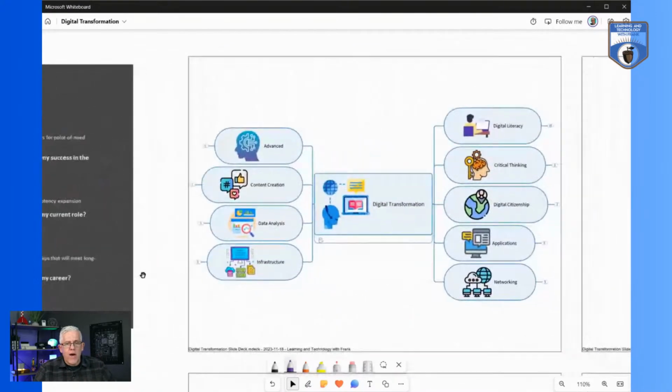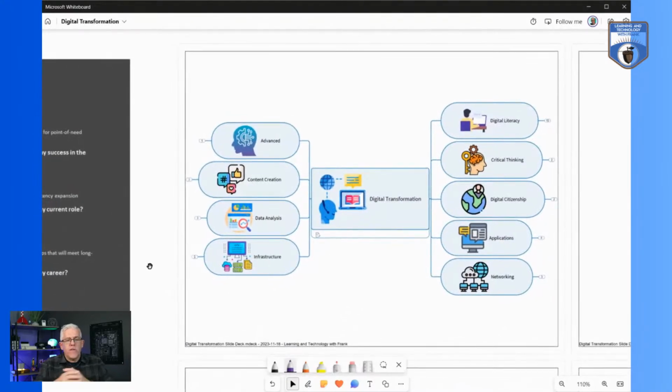So if we take a look at what some of the skills are, this is a little bit of a digital transformation mind map or model that I've built. If you're interested in that, comment down below and I'll find a place to share it and put a link down below. But this is really the ecosystem or the skill sets that comprise